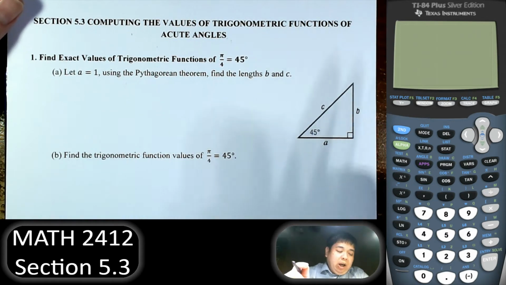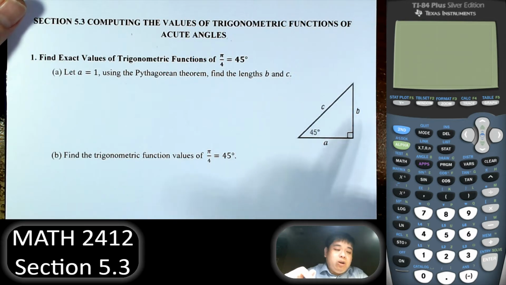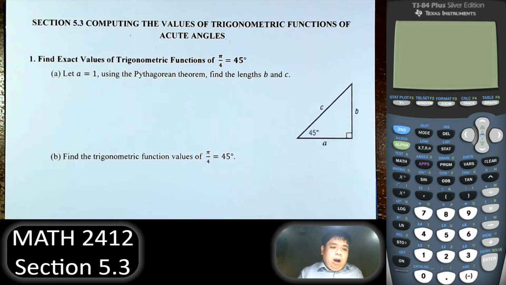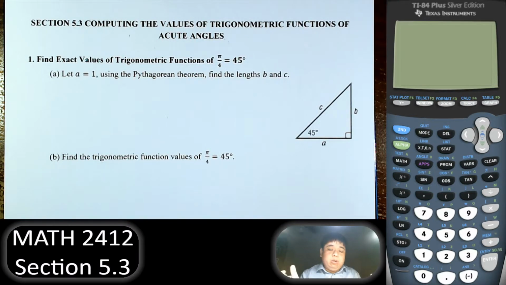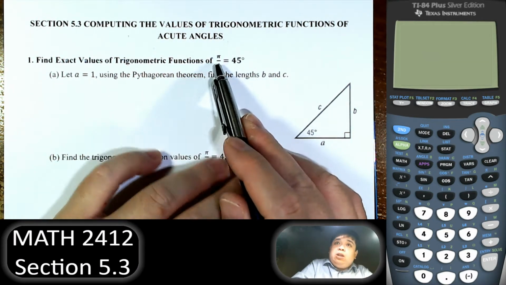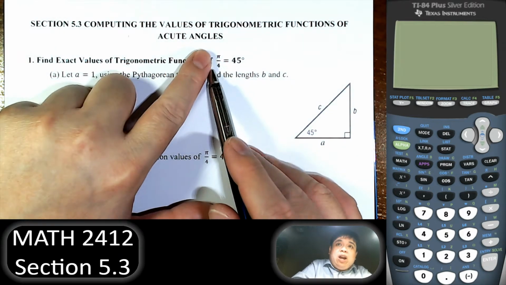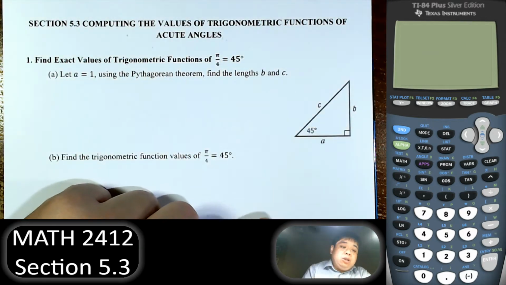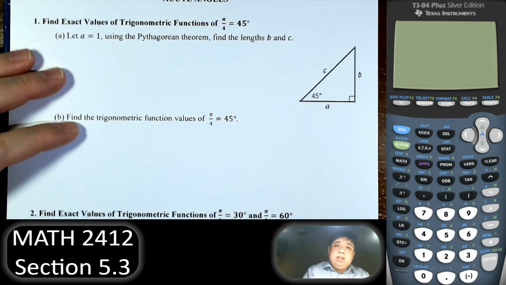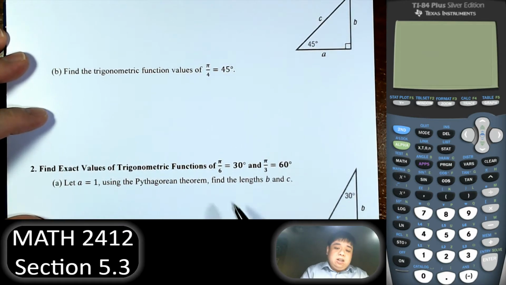Hi everybody, welcome to another video in Pre-Calculus, section 5.3. Computing the values of trigonometric functions of acute angles. So once again, we still only restrict the angles to acute angles, meaning between 0 and 90 degrees. Now let's work on two special cases, one of which is 45 degrees and the other is 30 and 60